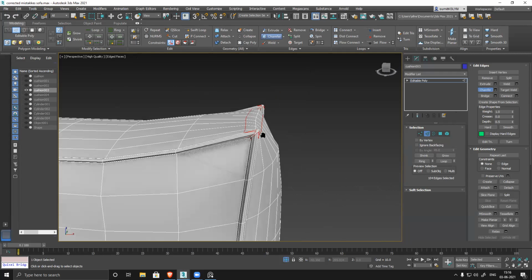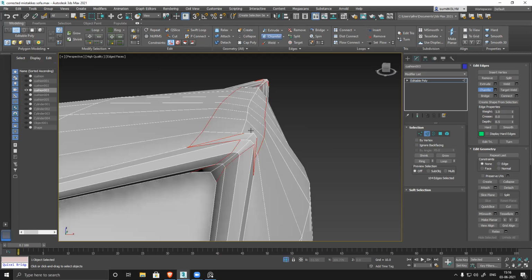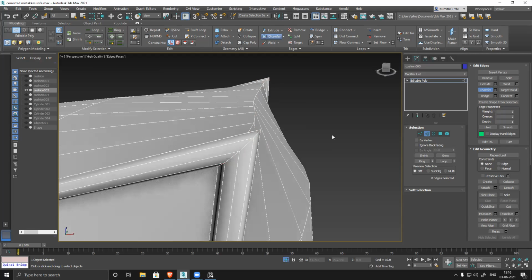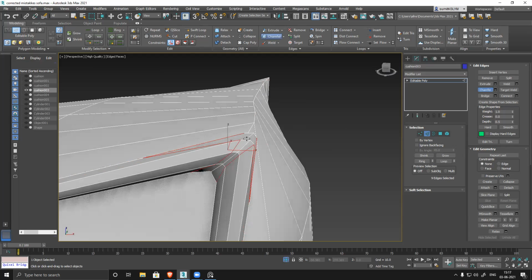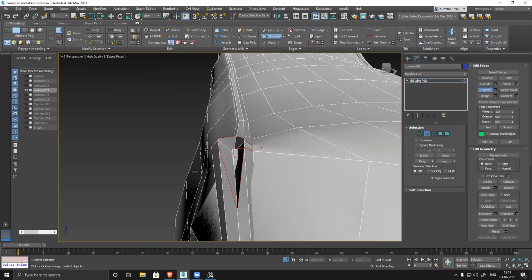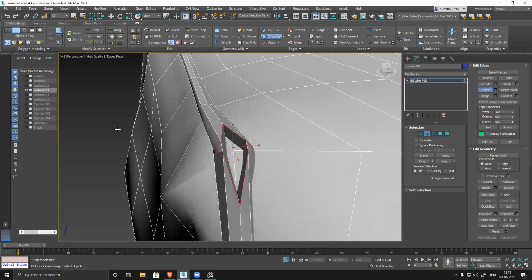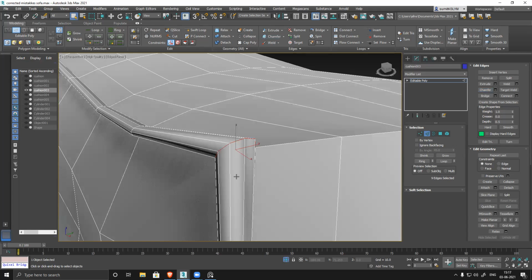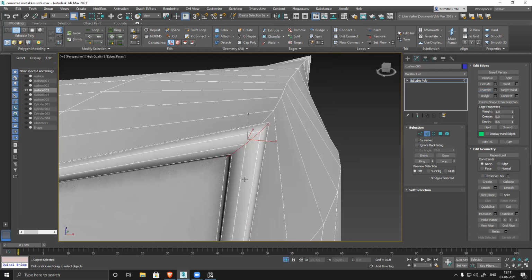I was trying to do this entire thing together, but it doesn't work properly. So what you have to do is select one edge at a time, like this one loop, and chamfer it. Why is it not working? It's not working.